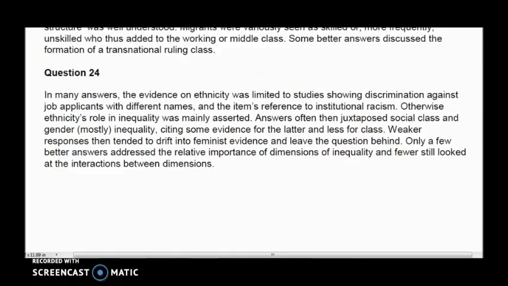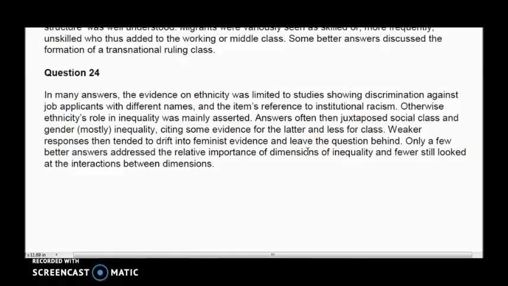And in order to be successful at A levels, in particular sociology, you've got to be a little bit more sophisticated in the way that you are evaluating. So you could show how a person's ethnicity could interact with their class position. So for example, in the UK, certain ethnic minority groups tend to be also unemployed, which then leads them to be in the lower class. You could go down that route, or even how you can show how a person's ethnicity might interact with a person's gender as well. Your weak answers then tended to drift into feminist evidence and then leave the question behind,